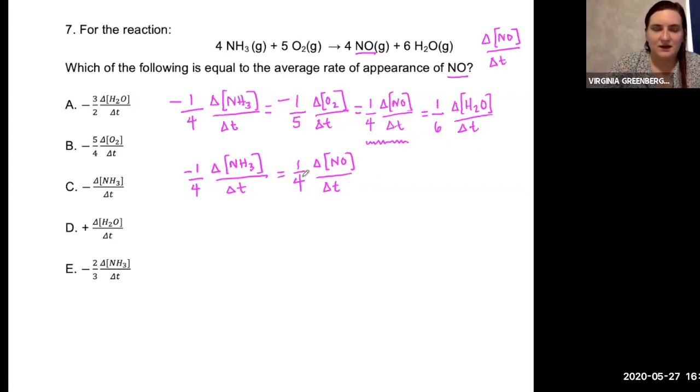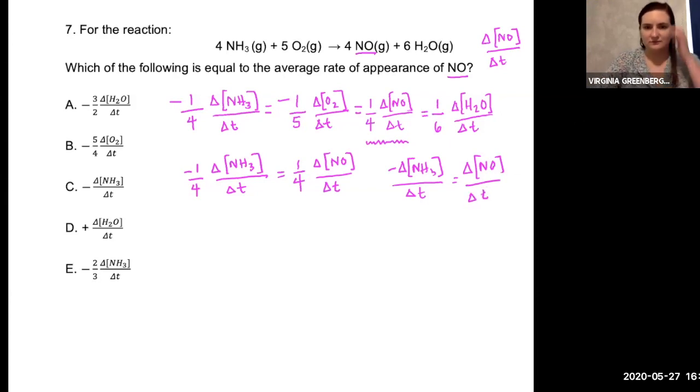And so we can see the 1/4 would cancel, and we would just see that negative delta NH3 over delta T would be equal to our delta NO over delta T. So we get that from just simplifying. And we do see that this corresponds to answer choice C, but let's look at doing it